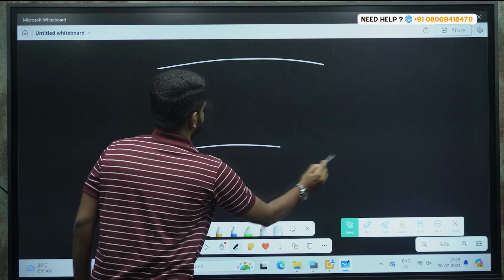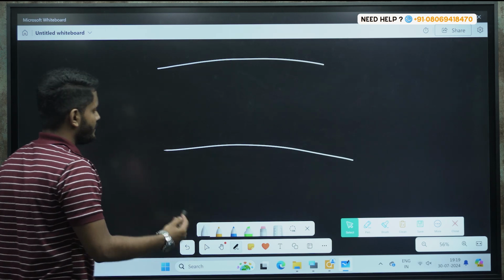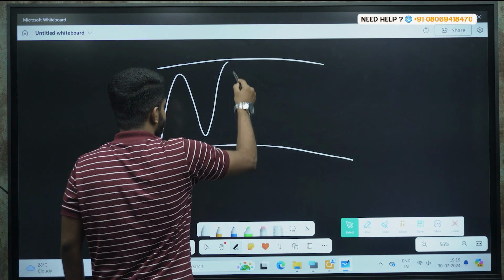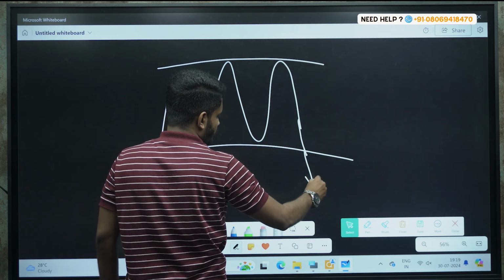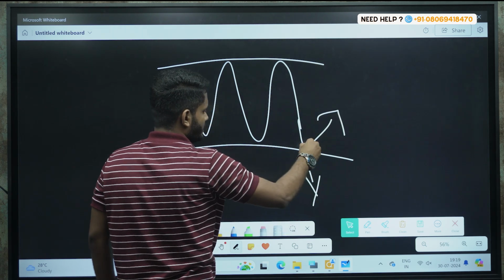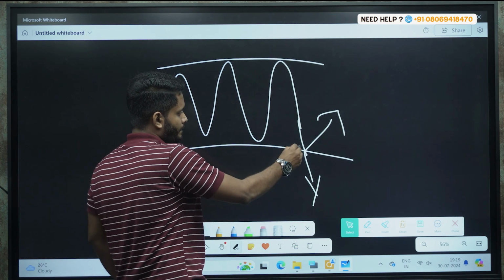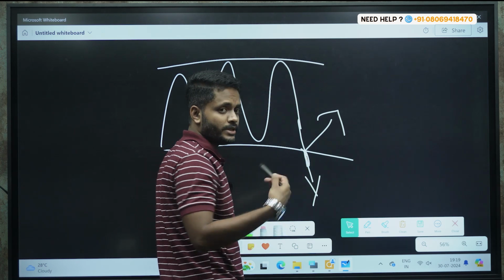Usually what traders do, say this upper level is a resistance, and say the lower level is a support. So usually the price oscillates between these. Either the price can break down from here or the price might reverse from here, because this is a support level, correct? But usually when the price breaks down, we initiate a short